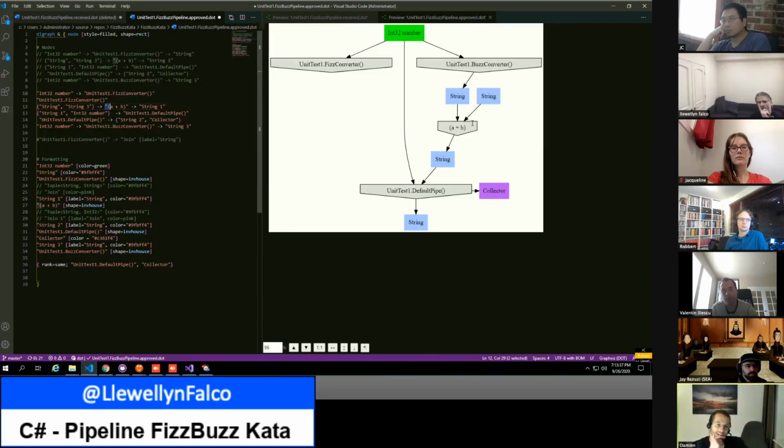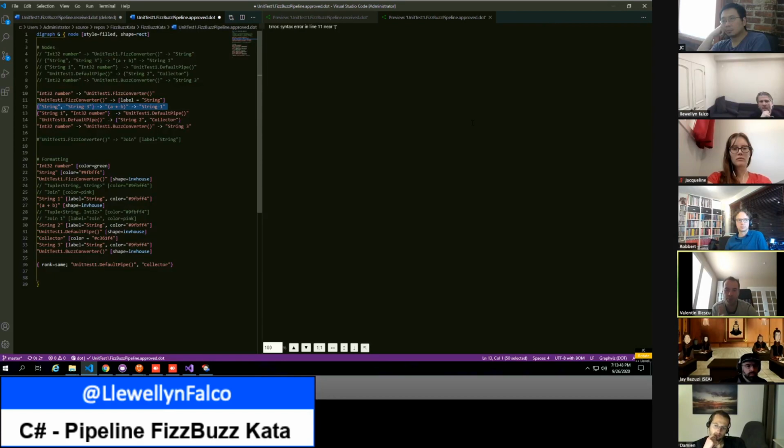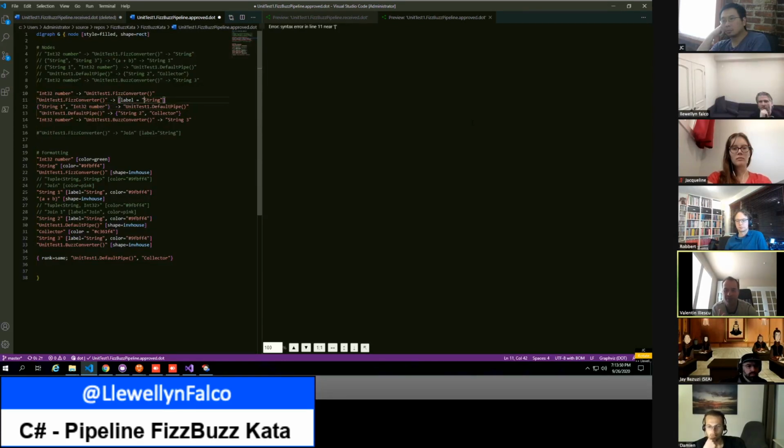And one thing I would like to see, I know Llewellyn talked about it, is the idea of composability. So I create pipelines of pipelines, so you can compose them.